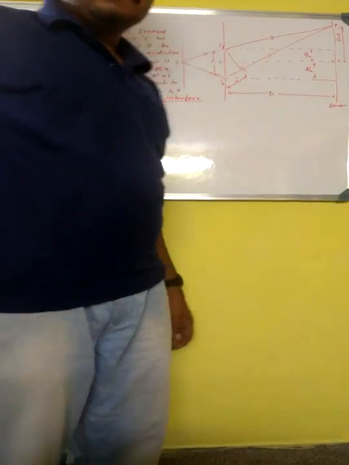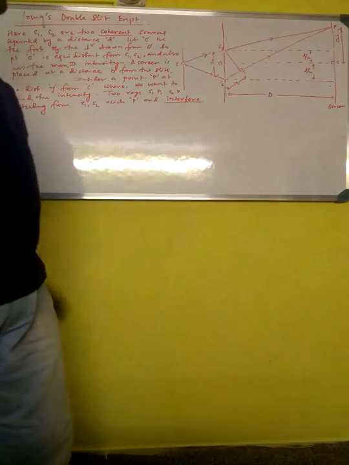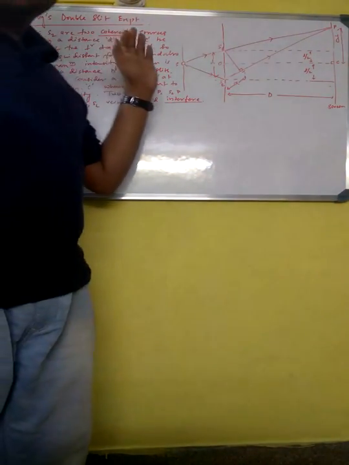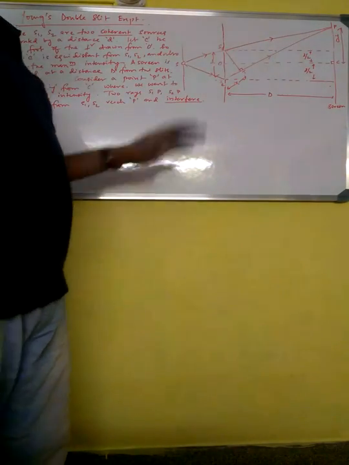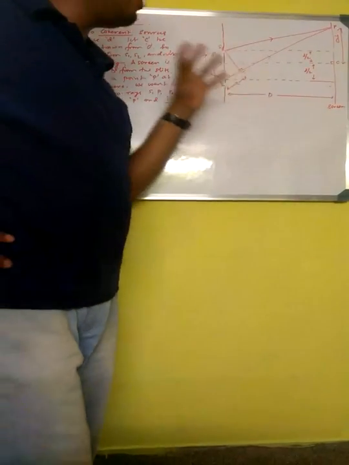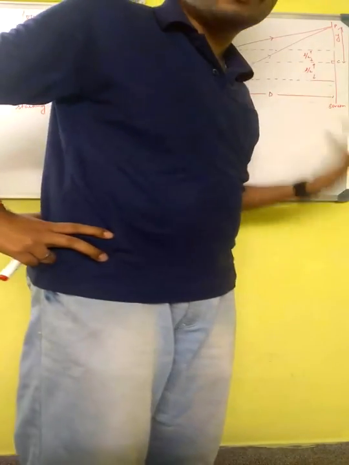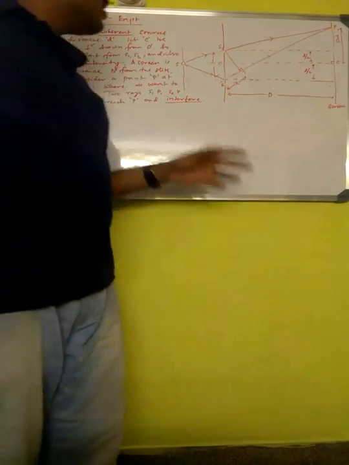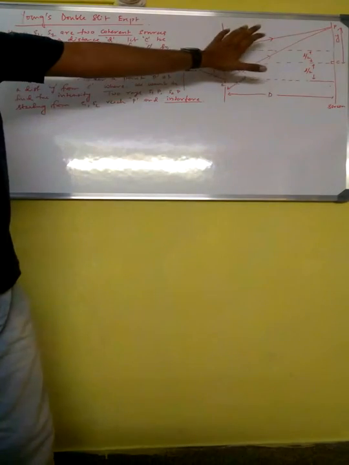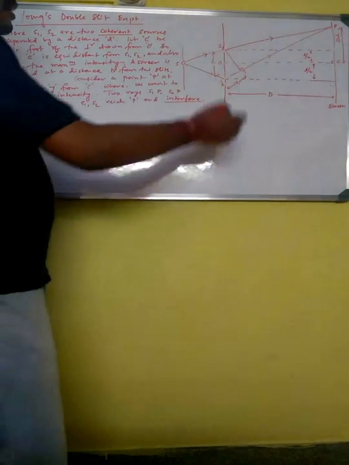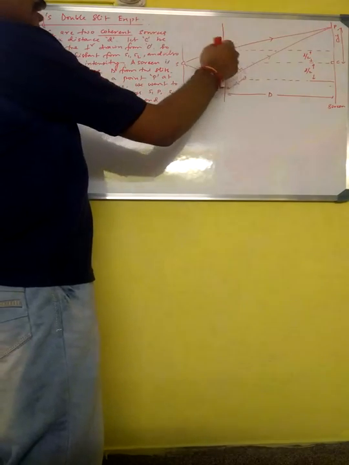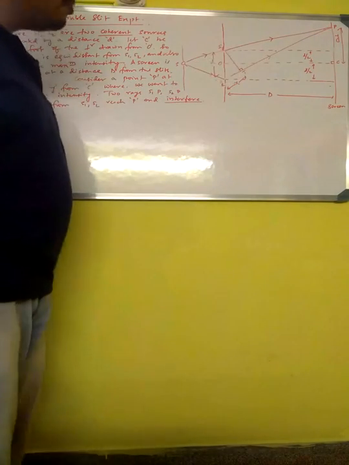Dear students, today we'll begin the topic Young's double slit experiment. What it deals with is basically the mutual interference of light waves. Here light is treated as waves or rays. This is the construction of Young's double slit experiment, where there are two sources S1 and S2 which are